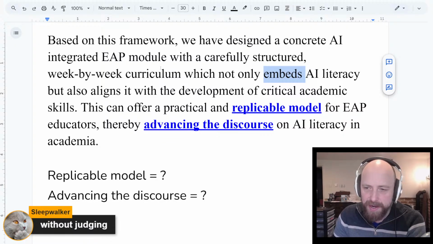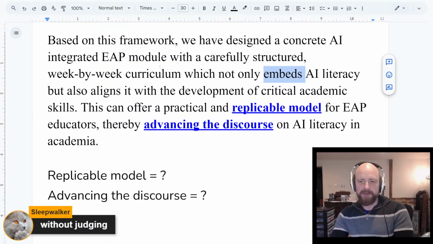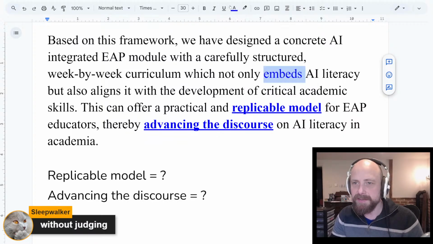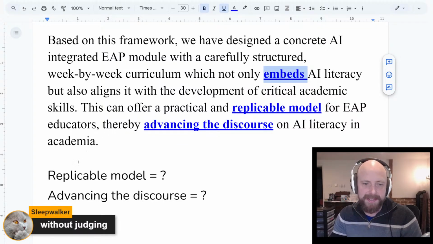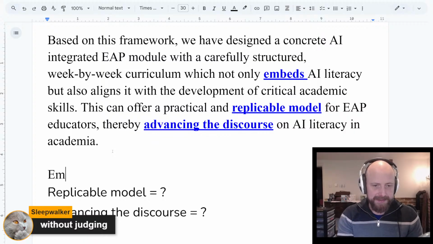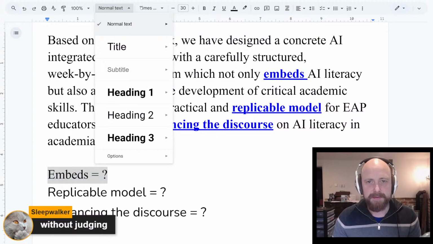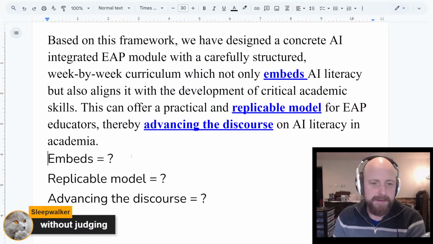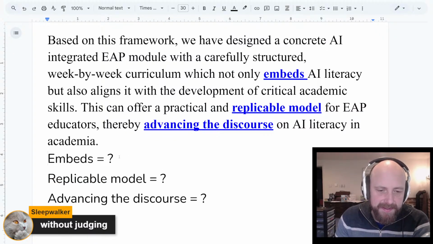This can offer a practical and replicable model for EAP educators, thereby advancing the discourse on AI literacy in academia. Embeds is an interesting one as well, so let's add that to our list. All right, embeds,